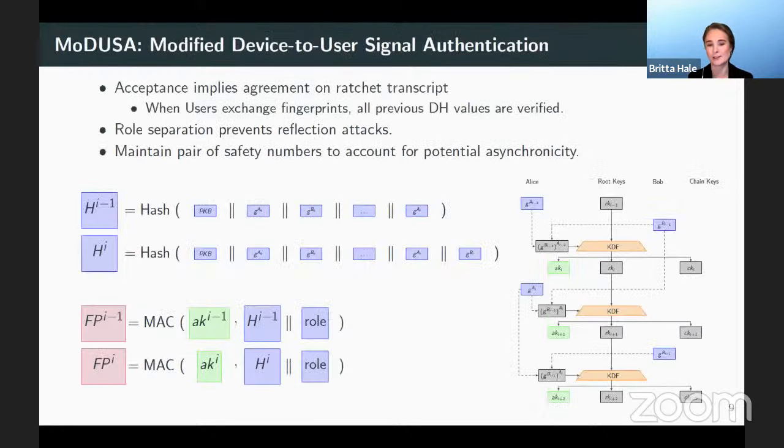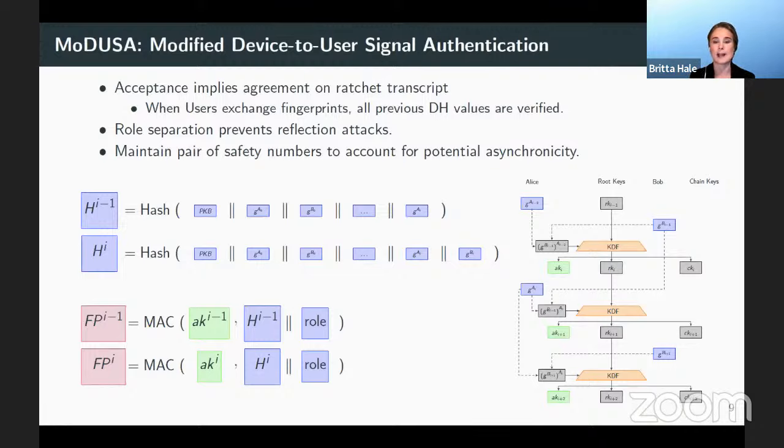And the beauty of this solution is that it is so incredibly simple. First of all, in order to get authentication at the epoch to be able to detect everything that could be a man in the middle, we maintain a hash over all the public ratchet values up until the point of comparison of the QR codes. We also include role separation, which will come in a minute when we basically compare whether or not you do numeric comparison or simply a QR code scan, where you can differentiate with the QR code scan so that you don't have reflection attacks from just reading a screen.